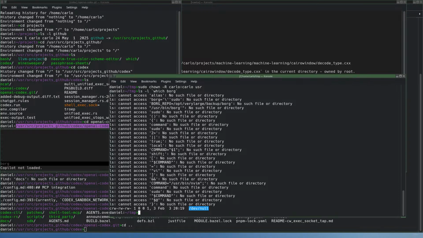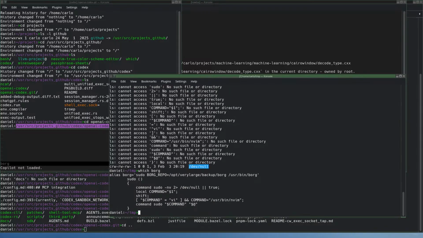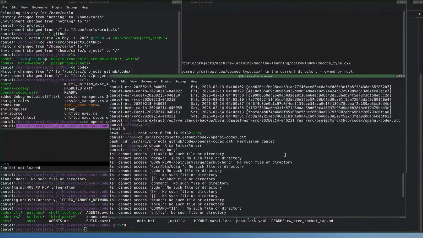Okay. That's why. Borg is an alias for something that starts with sudo. Problem solved. Because I'm in the sudo group, so that's why I could run it like that. Now, anyways,